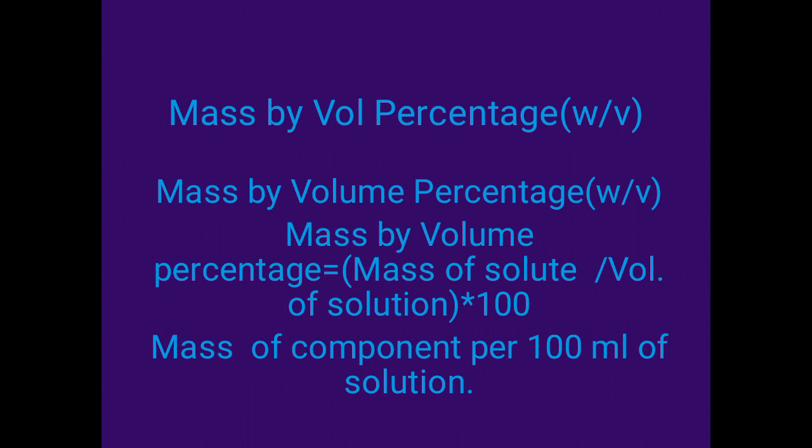कि 100 milliliter solution में कितना mass present होगा solute का. When we are saying mass by mass, it means we are telling कि 100 gram solution में कितना gram solute का present है. When we are saying volume by volume, तब हम बता रहे हैं कि 100 मिलीलीटर सॉल्यूशन में कितना मिलीलीटर सोल्यूट present है. And when we are saying mass by volume, तब हम बता रहे हैं कि 100 मिलीलीटर सॉल्यूशन में कितना मास सोल्यूट का present है. Clear?